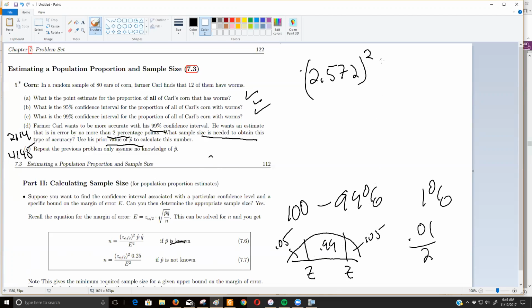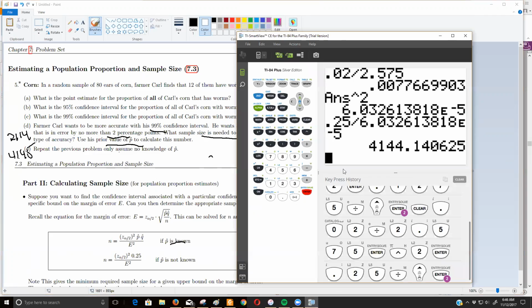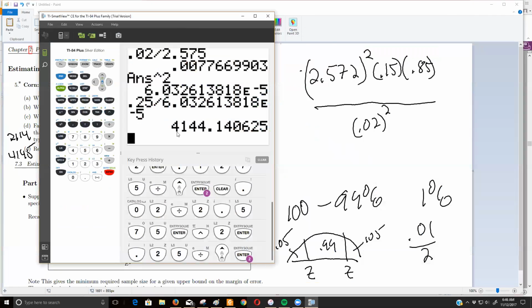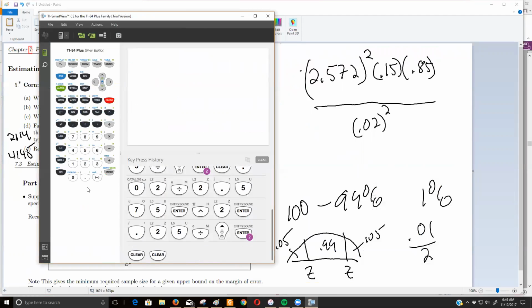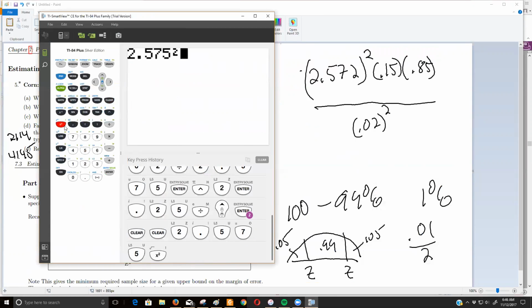So the formula says square your critical value of Z, multiply it by your p hat from your sample, and 1 minus your p hat is the Q, all over the margin of error squared. And the margin of error they want here is 2 percentage points. So 0.02 squared. So if I fire up my calculator, let's get that out of the way. I'm going to clear. So I'm going to do 2.575 squared. And your Google calculator will do this. Your phone, if it's in scientific mode, will do this. Times